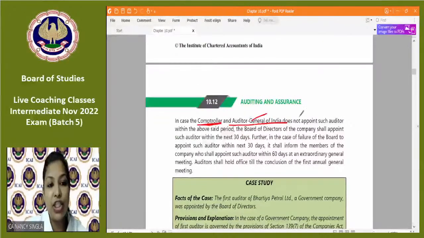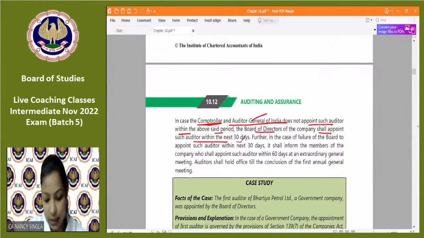In case CAG does not appoint such auditor within the said period, that is 60 days में नहीं कर पाता, board of directors shall appoint the auditor within the next 30 days. Further, in case of failure of the board to appoint such auditor within the next 30